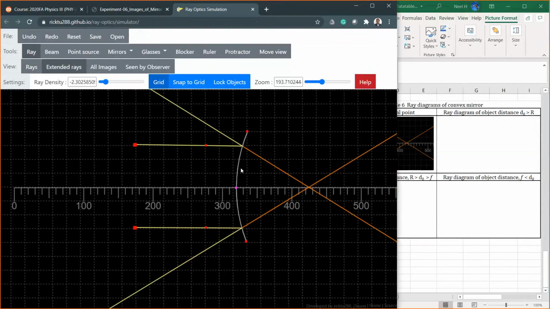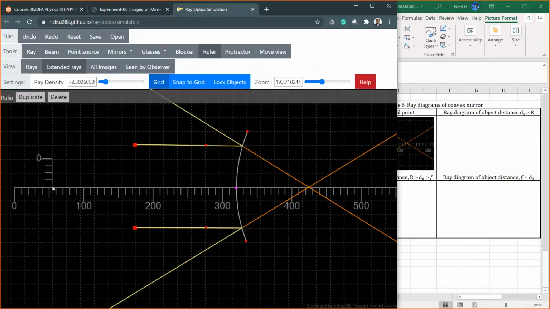Now what I need is the object, right? Let's bring the object. Now let's measure this focal point first. How many segments? 1, 2, 3, 6, 8, 10, about 10.5. Okay, the focal point is about 10.5. So let's bring the object. The object is actually a meter ruler. Let's put that more than 20 segments away, so that it acts like an object which is much further away, further than the center of curvature